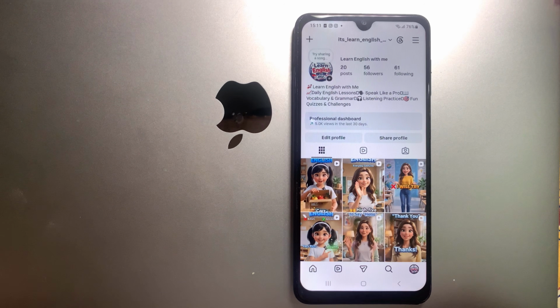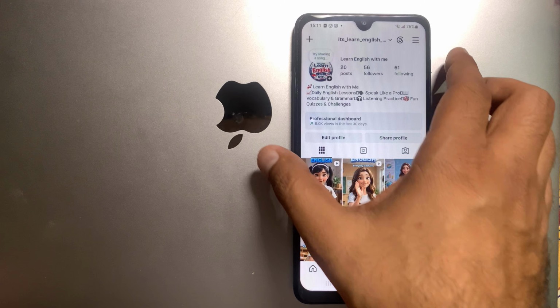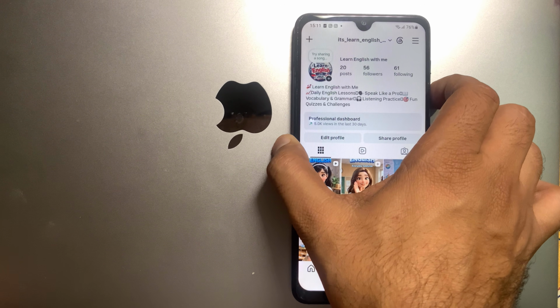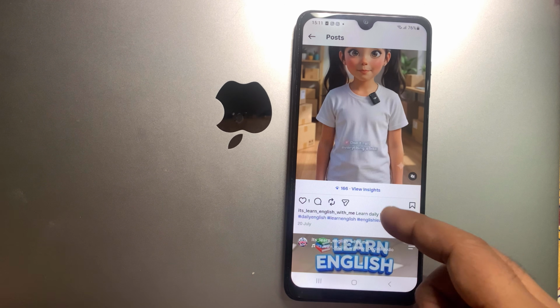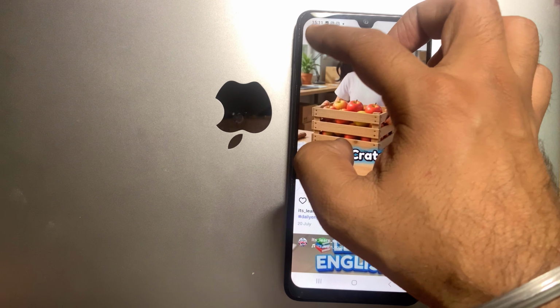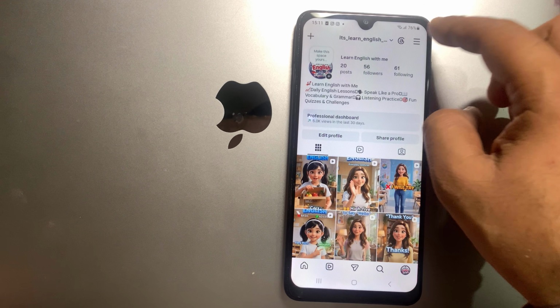Go to this last tab. Here you can see some of your posts. If I open, I don't want some of the people to comment on this post or all posts, right? So I have to go to this icon, then click on three dots,